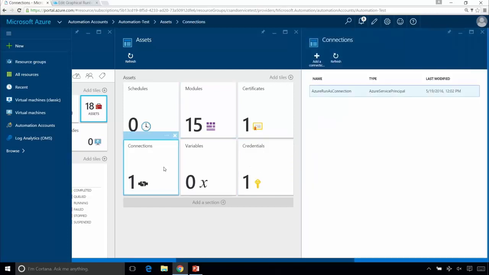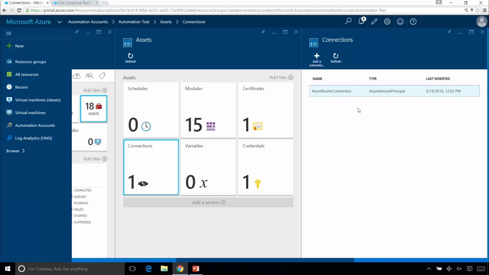But today I'm going to talk about a connection. In particular, this is something that we just recently released: if you create a new automation account, we will create a couple of connection types for you. One connection type is for working against the ARM Azure resources, which is the new Azure Resource Manager model. And we create a service principal, which is a way to authenticate against Azure for working with your ARM resources. We do this for you, and then we even create this connection type for you here too,